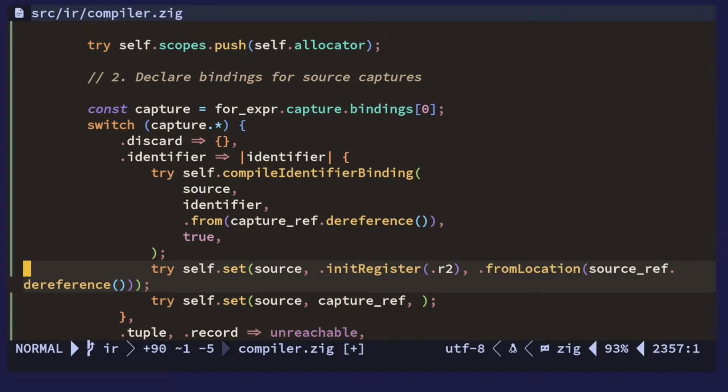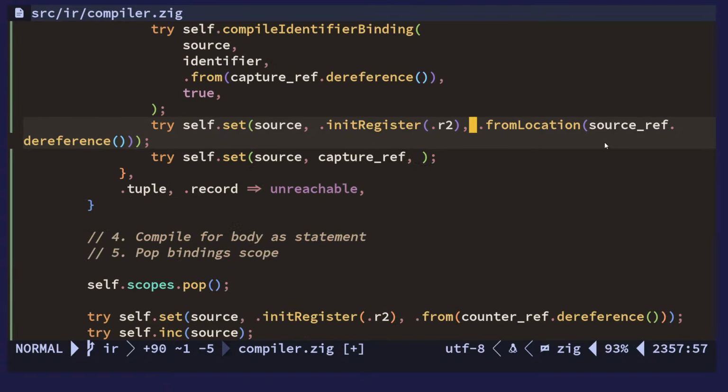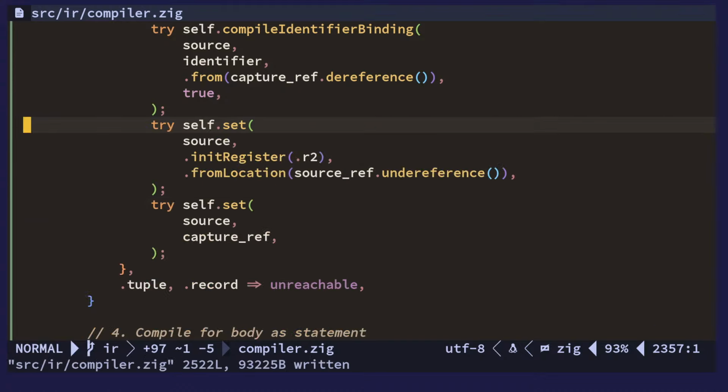I should make another register called D2 so we can set R2 to D2, and so R2 equals from location there, yes. Actually, now we don't dereference. So we just do that. Now R2 is set to the pointer of the source ref. Right, so then